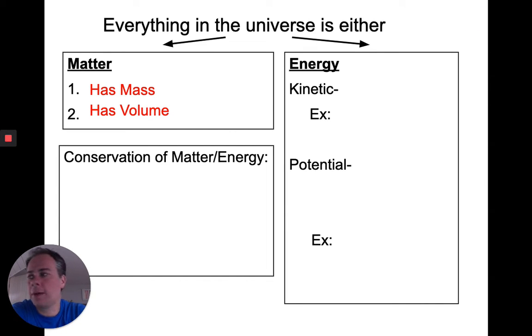So when we talked about chemistry, we were talking about atoms and molecules. That was about matter. Or in the universe, things can be energy. Energy is a form of